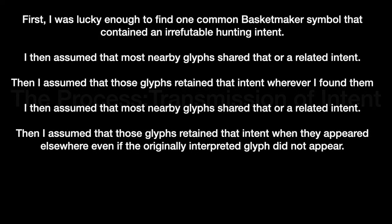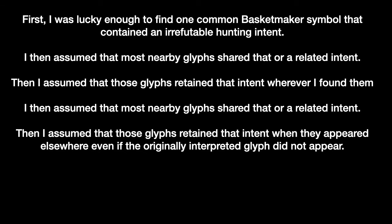First, I was lucky enough to find one common Basketmaker symbol that contained an irrefutable hunting intent. I then assumed that most nearby glyphs shared that or a related intent. Then I assumed that those glyphs retained that intent wherever I found them. Then I assumed that those glyphs retained that intent when they appeared elsewhere, even if the originally interpreted glyph did